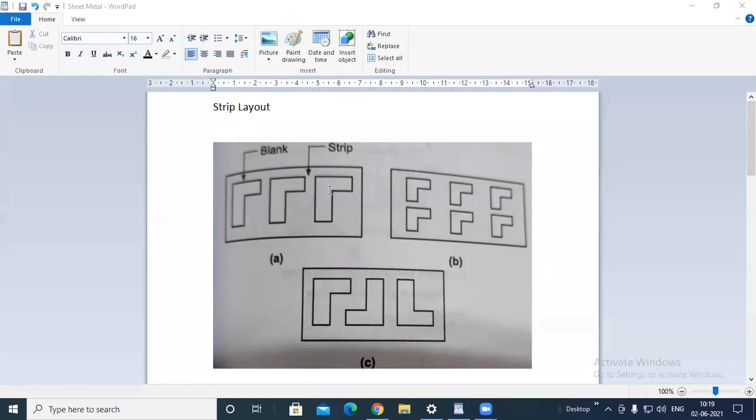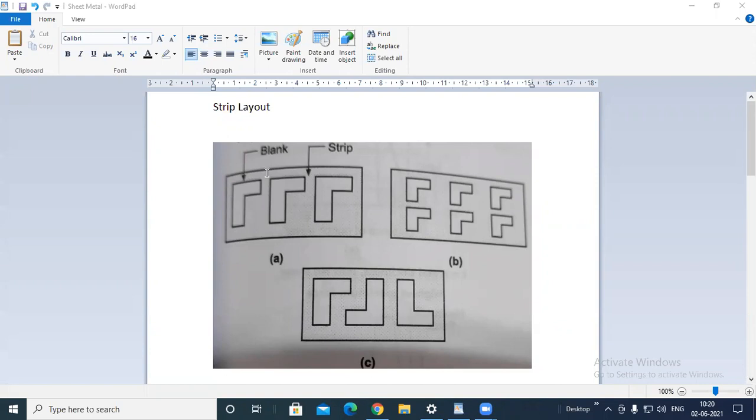After this, in our upcoming lecture, we are also going to see the design of die. But while designing the die, the spacing should also be considered. And from the standard size of the sheet metal strip, the best location of the blank has to be found on the sheet, because to save the material, the scrap should be as minimum as possible.